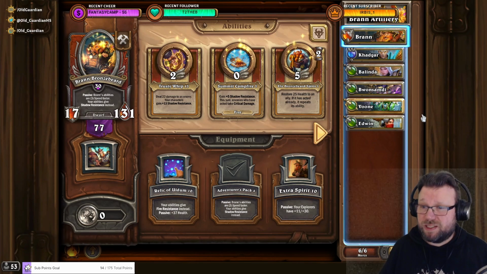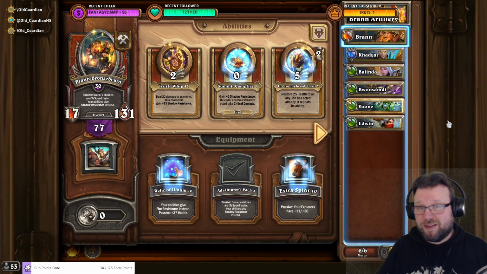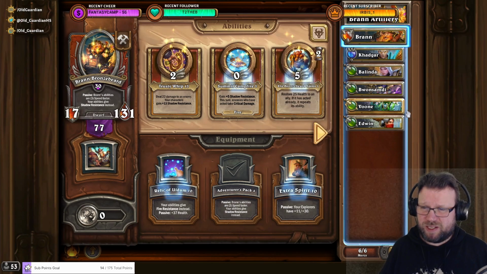Artillery Strike is what this team's all about. Third fight, Artillery Strike gets you through. Fourth fight, Artillery Strike is going to isolate Ichman. And once Ichman is isolated, then assuming that you have Bwonsamdi, something that can summon, like Balinda, or maybe even Voone, and Khadgar alive,